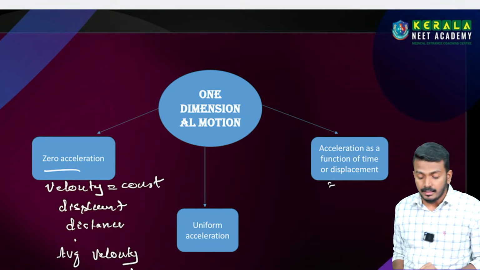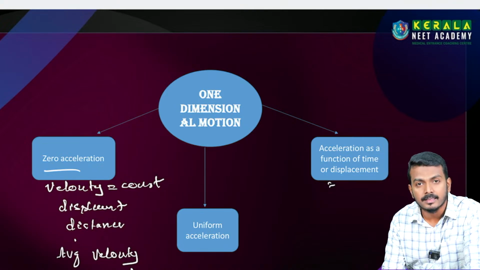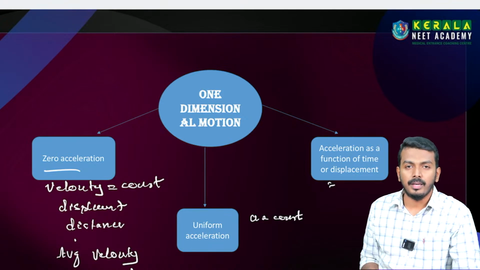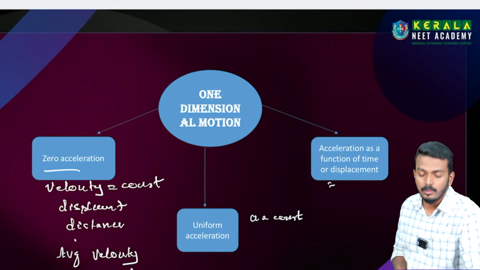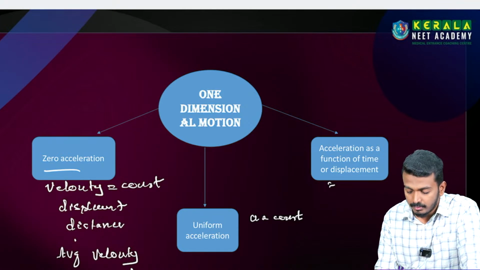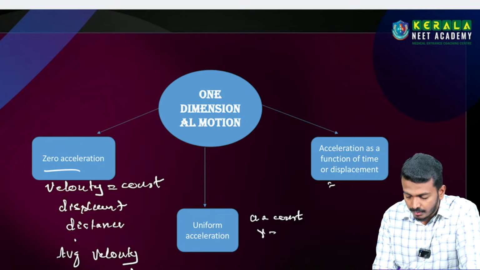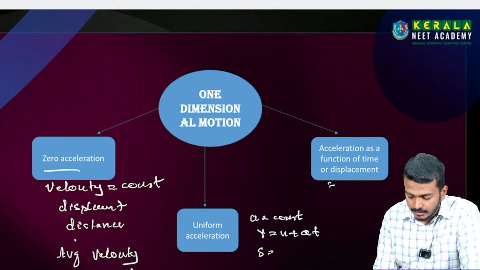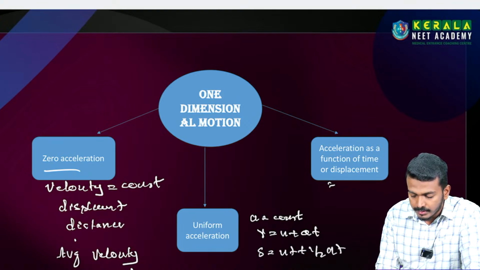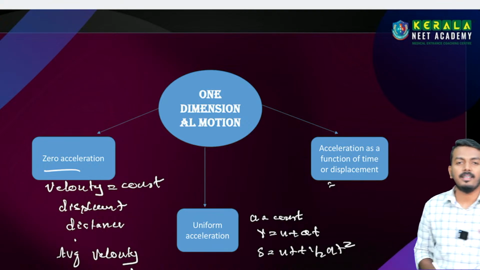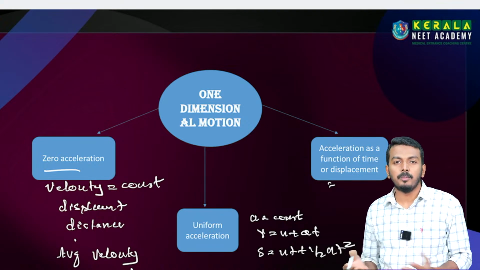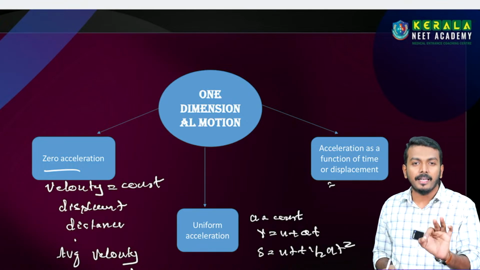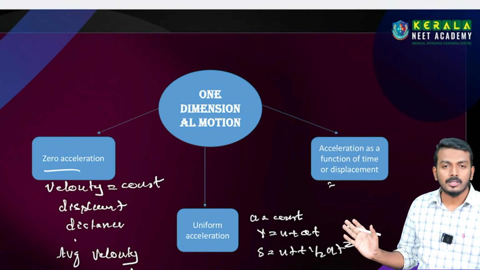The second category of questions is uniform accelerated motion. Uniform accelerated motion means the acceleration of the body is constant. When you hear this, you know which formulas to use. First formula, v is equal to u plus at. Second formula, s is equal to ut plus half at square. Then one more formula, s_nth is equal to u plus a by 2 into (2n minus 1). This formula based questions are at the same time most difficult for many students.